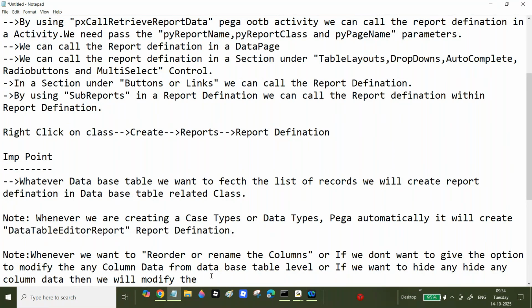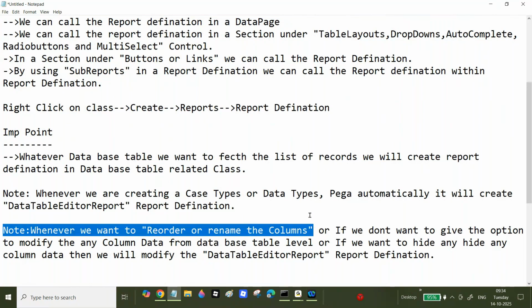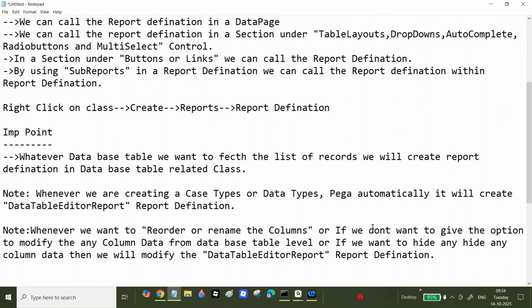What is the importance of this report definition? It lets us reorder the columns and rename the columns as per the business requirement. They will ask us that many times. If you don't want to give the option to modify any column data, because you delegated some table to the business users and now they are mistakenly modifying one of the important columns, then we will modify the rule. Also, if you want to hide any column data,